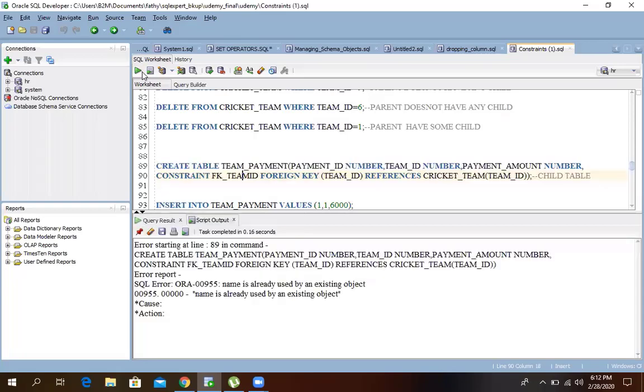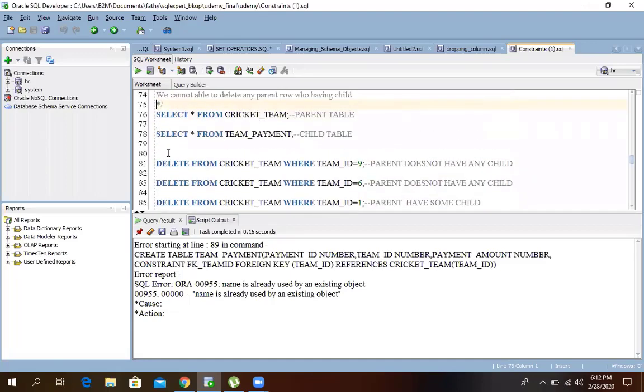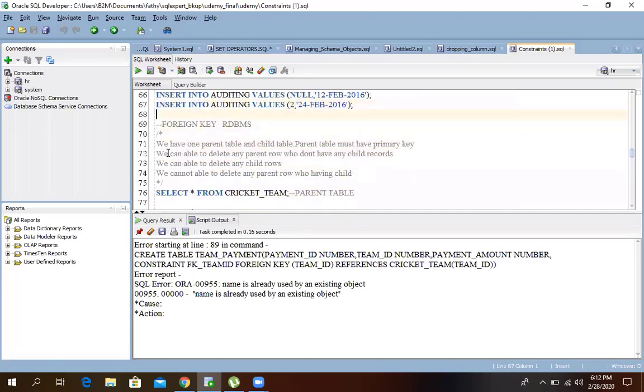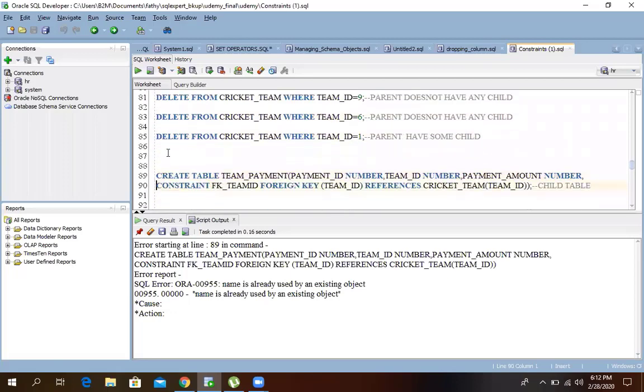Okay, so I'm creating this table. I think, okay, name is already used by an existing object. So I think it's better to drop this table. Is there any drop command? No. Okay, I drop this table.